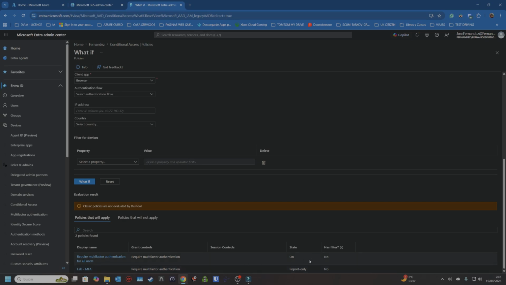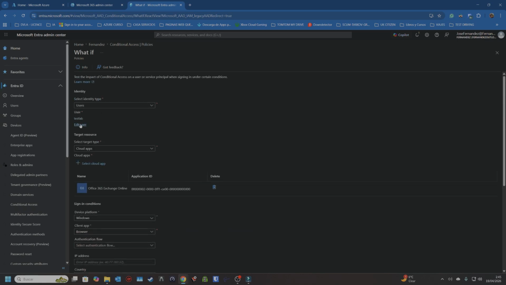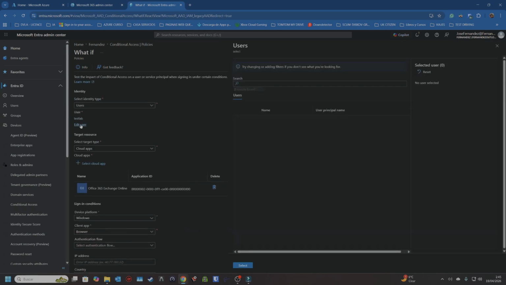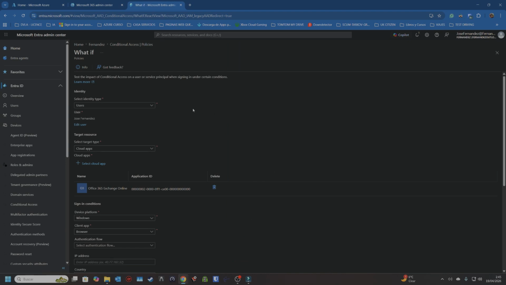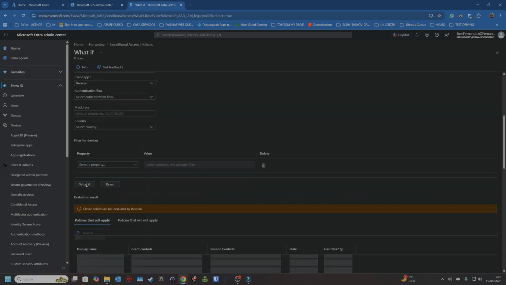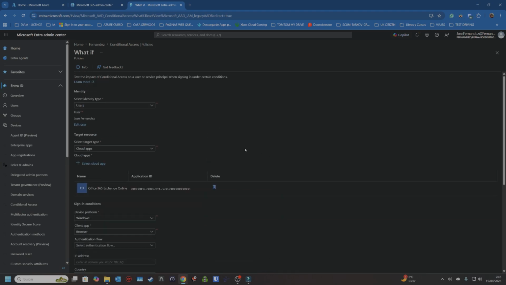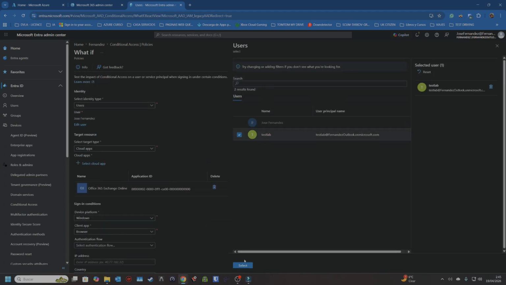This is Microsoft, okay, and this is the policy I did now. Now I want to change the user: for my tenant, the global administrator is excluded from the policy. So now I'll select the global administrator and the policy. It doesn't work now, okay. Exactly, my policy is not working, but if I put the normal user,